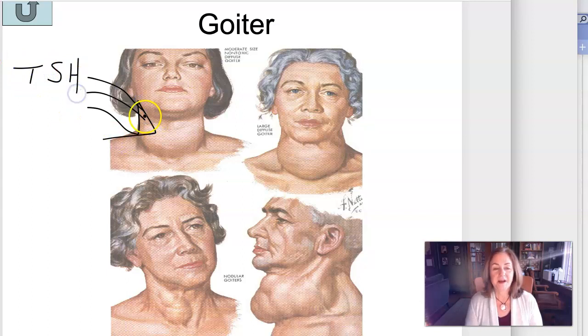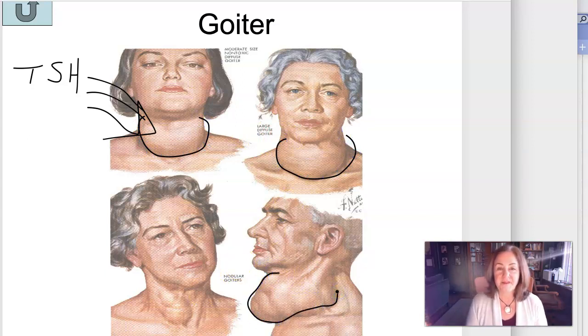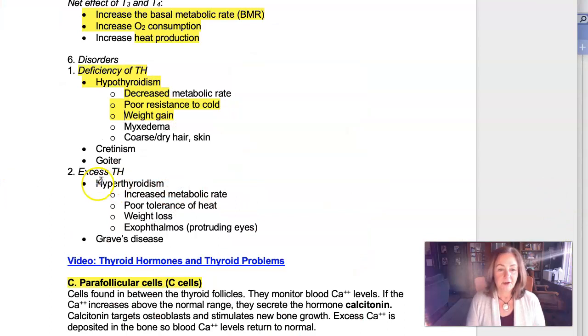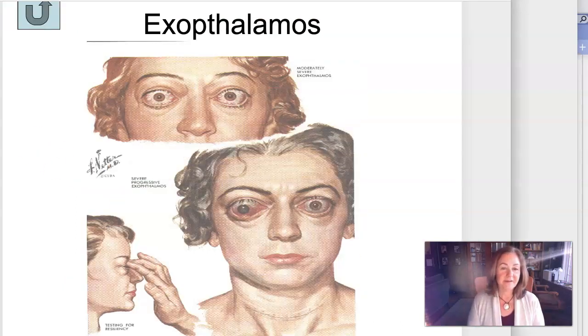And so what happens is the thyroid starts to enlarge, and that's known as goiter. So typically we would treat this with synthetic T4. You could give Synthroid to the person, and hopefully this would regress. So that's what goiter is. And as far as hyperthyroidism, you can imagine excessive T3 and T4. You'd have an increased metabolic rate, so you're losing weight, you feel hot, and a characteristic that's associated with that is called exophthalmos, which is protruding of the eyes, which is